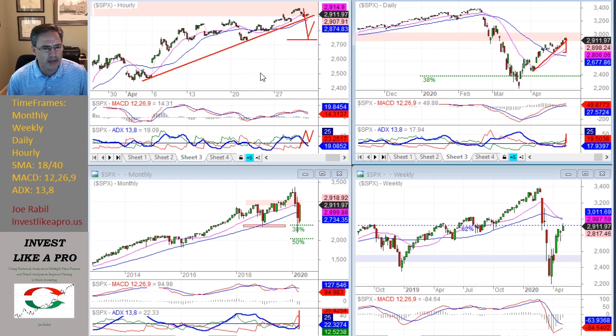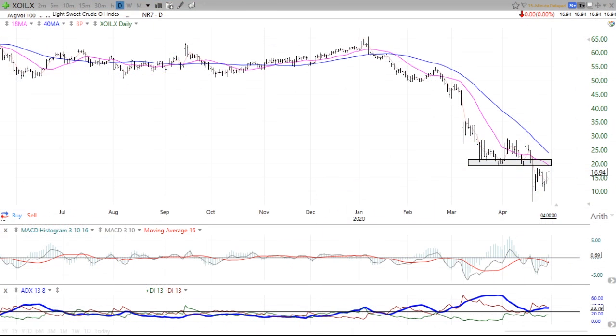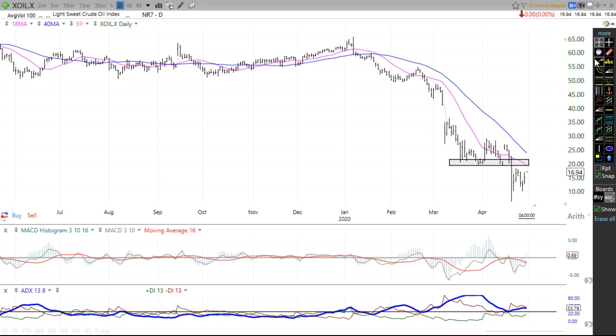Let's switch gears a little bit. I'm going to switch over to a different program, TC2000 chart. We've got the oil market here, and this is more of a perpetual futures contract is what I'm showing. We've got some resistance coming up, but notice, you made a pretty strong move to the downside. If I were going to draw just a line down, look at the move that was made,